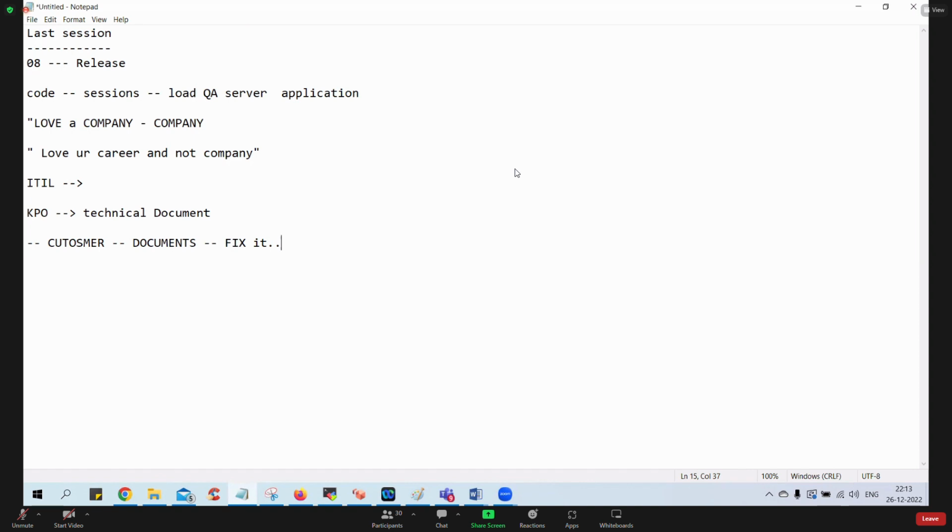Instead of calling you, he will fix it himself. He will be happy instead of waiting in line. Some companies write the documents only to a certain extent, and if the issue is not fixed, they say please drop an email or call us. These are all things about how you want to manage as a company.